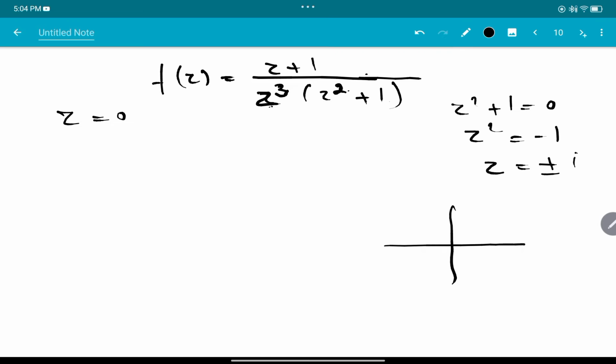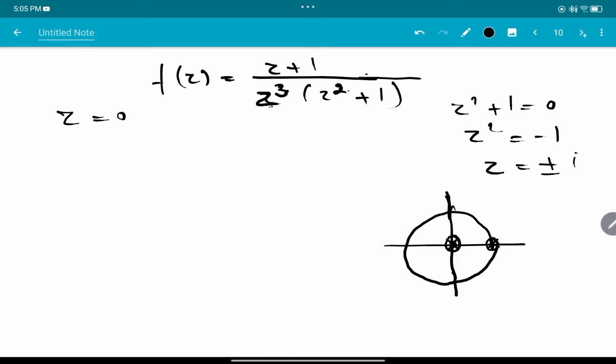First singularity is at z equal to 0. This is one singularity. Next singularity is at z equal to 1. That is this. There are singularities and singularities, and then this is the circle around this. Now I have to expand this about z equal to 0. The problem is that there is a singularity at z equal to 0. However, we can expand it around z equal to 0 by using this